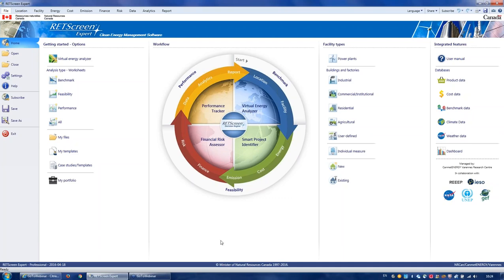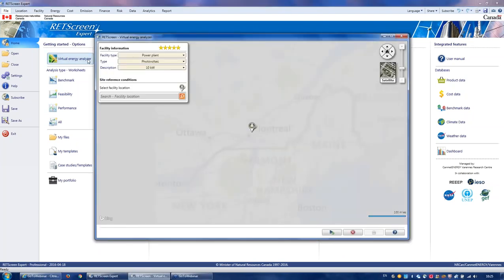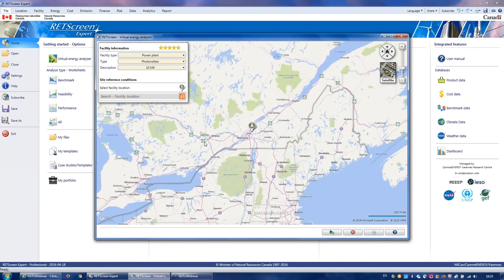Okay, so let's get right into doing a demonstration now of the virtual energy analyzer, and let's do a project. So I'm going to click, and this is a great way if you're doing benchmarking and feasibility analysis, or even if you're doing more detailed performance analysis. It's a great way to start within the software if you're starting an analysis of a facility for the first time. So I click on the virtual energy analyzer, and it opens again the big map,